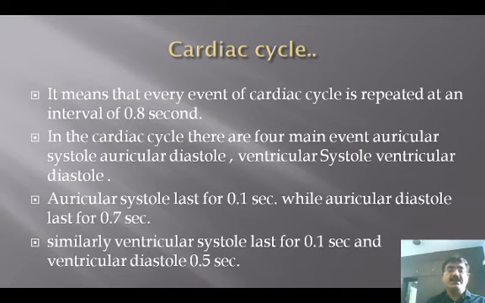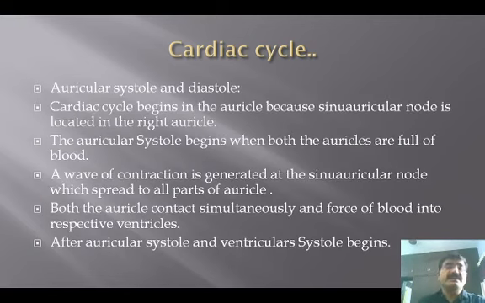Auricular systole lasts for 0.1 second while the auricular diastole lasts for 0.7 second. Similarly, the ventricular systole lasts for 0.1 second and the ventricular diastole lasts for 0.5 seconds. Auricular systole and diastole are important events which take place in the cardiac cycle. The cardiac cycle begins in the auricles because the sino-auricular node, or the SA node, is present in